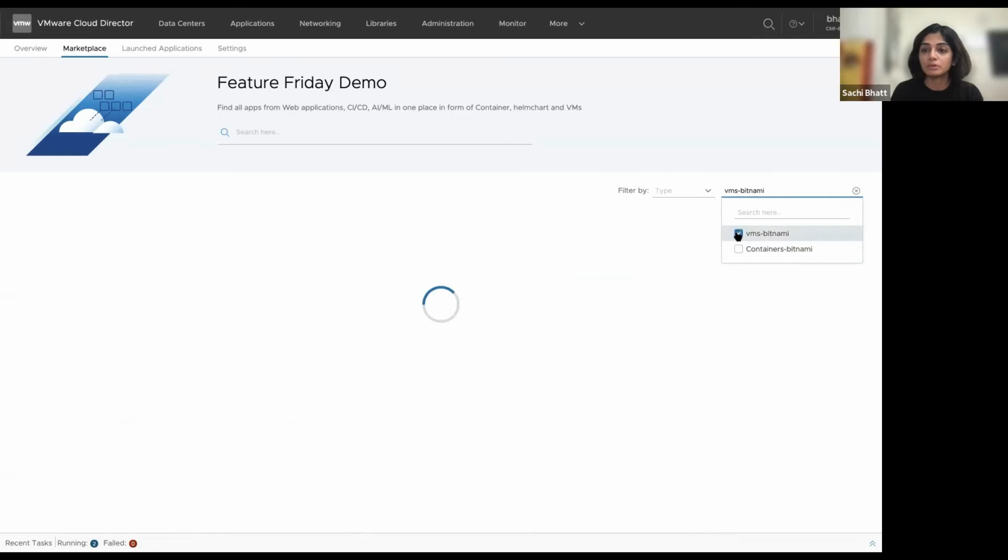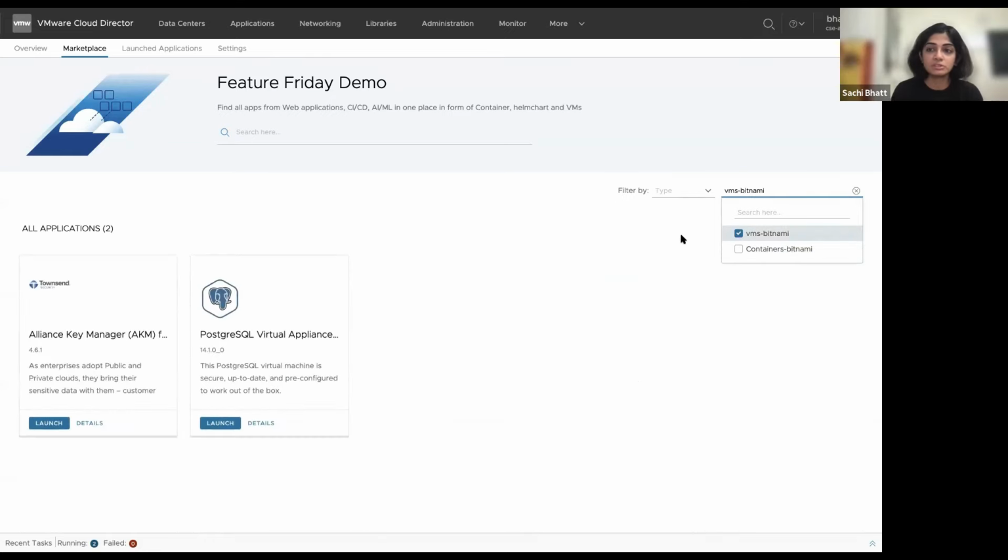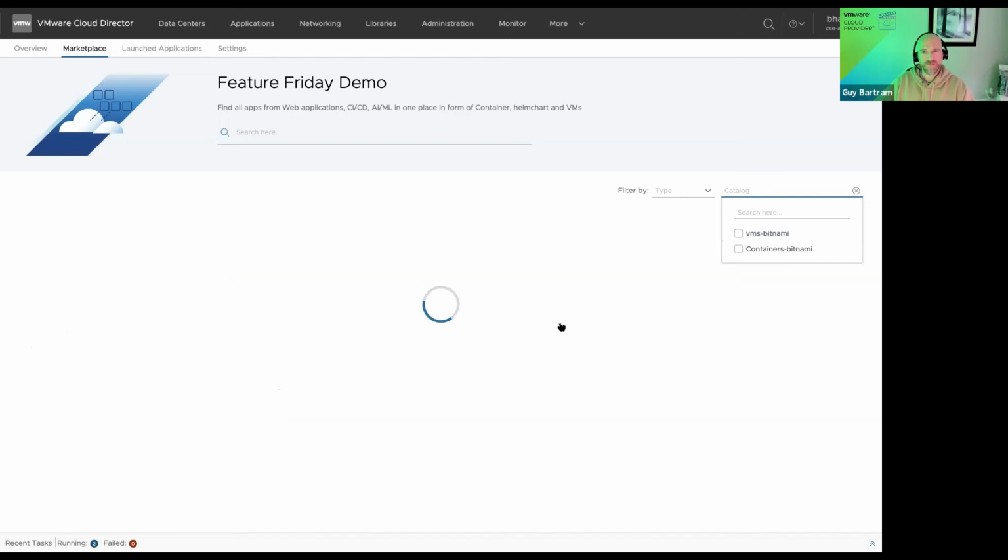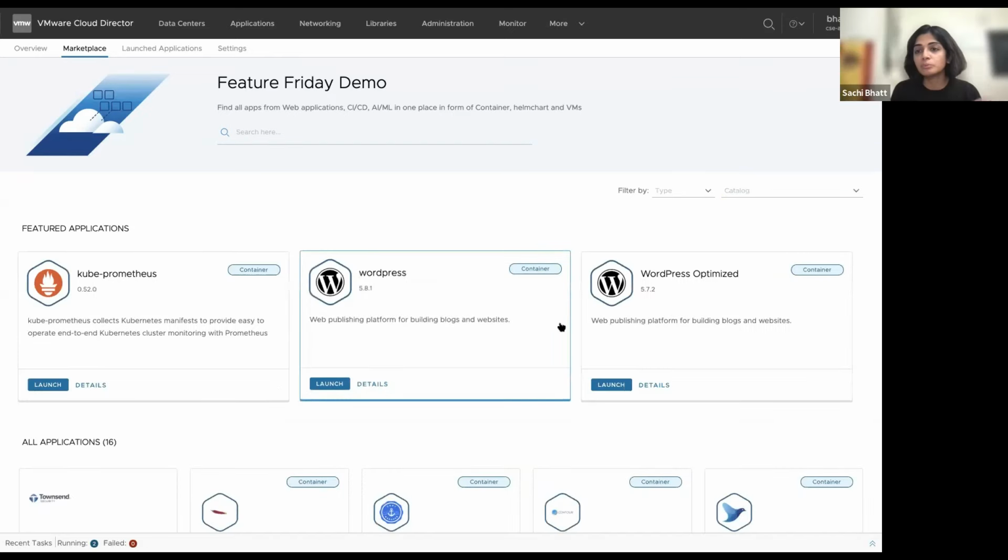So in my case, I have this Bitnami catalog for VMs only, so I can only see those over here. So it can be used in different ways. Yeah, then it becomes a creative process of what you name your catalog and then filter based on that. Okay. And then we have the generic filter here as always, but this is going to be very useful for all the users as well.